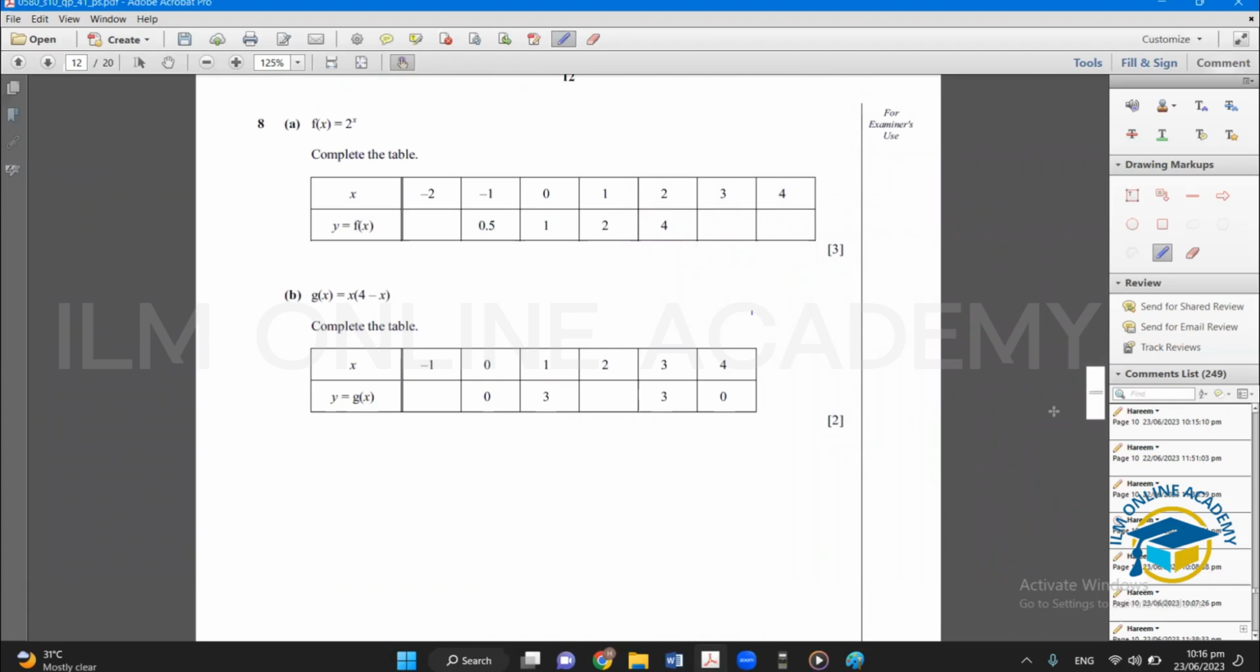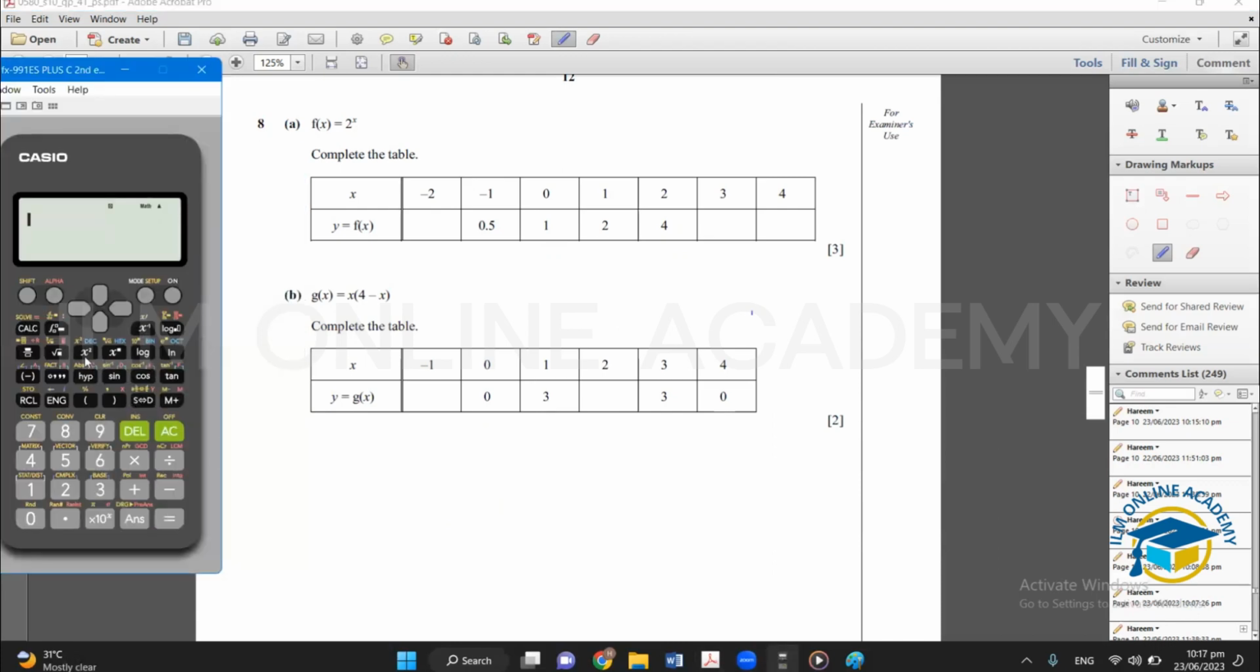It's quite easy, very easy. Okay, it doesn't need somehow any explanation. They are saying f of x is 2 power x. Okay. Complete the table. They have already completed some of the things. What you have to do is just open your calculator,